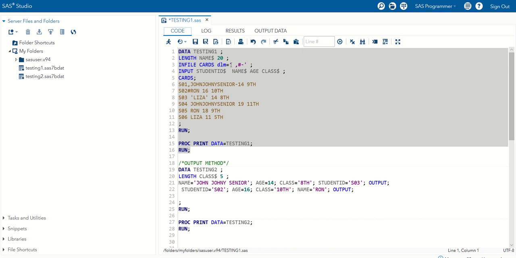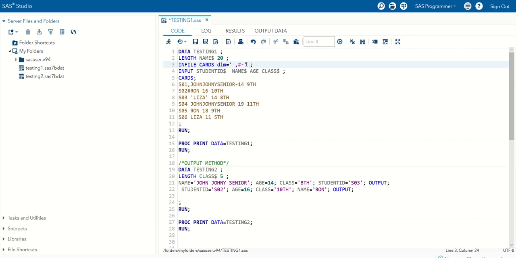Because in any case we are using quotes to identify delimiters between these quotes. So if we put a quote here as a delimiter as well, SAS will get confused: this quote is open here and this quote is closed here, and it will consider the extra quote an unused character.